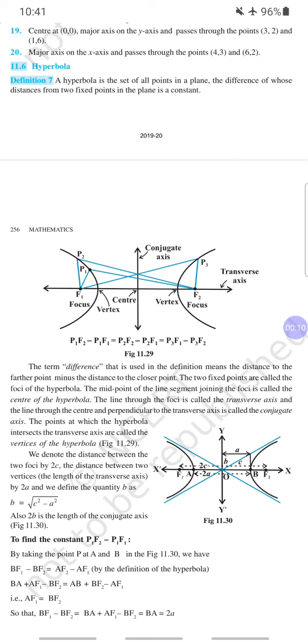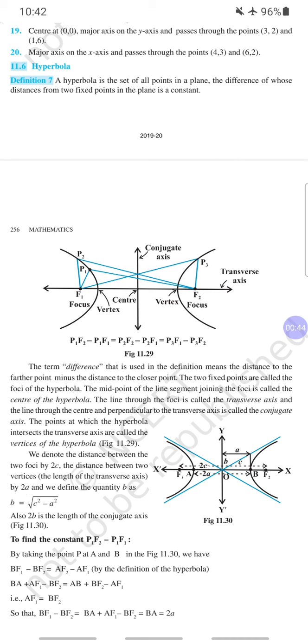In previous classes, we have studied the ellipse, and we have found some relationships in the ellipse. Here we have another curve, that is the hyperbola, and here we have the diagram of a hyperbola. As I have already told you, for a hyperbola there are two curves which are formed when we draw the equation on the graph paper. So these two curves together are known as a hyperbola.